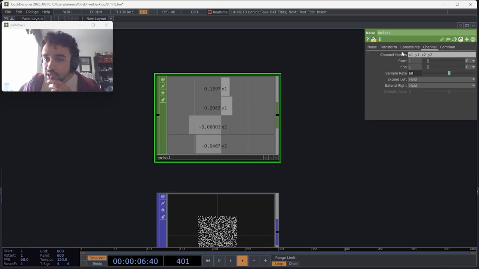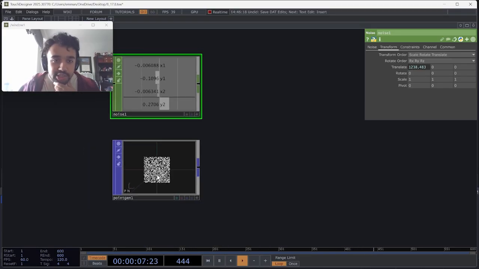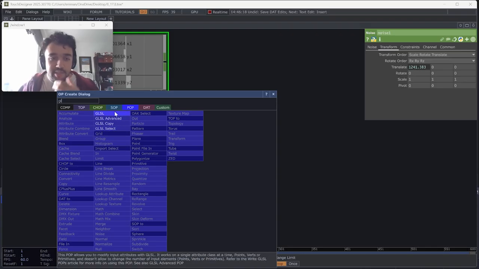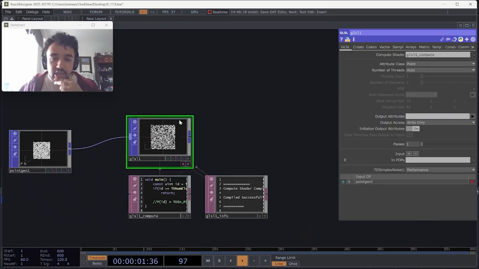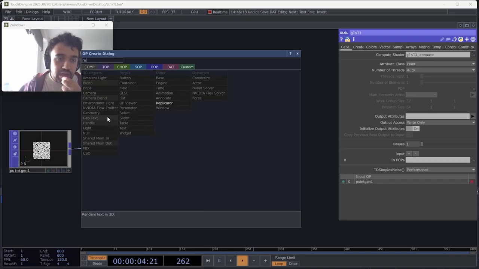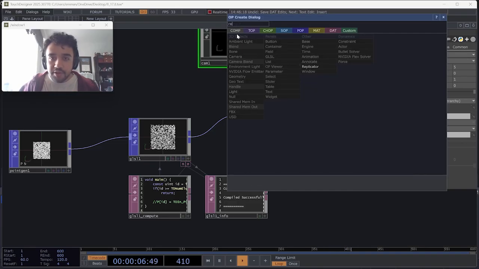I'm going to also animate them by multiplying or adding the current time step to their position. So we're constantly scrolling through this noise. Great, so we have some constantly changing noise, and we are actually just going to bring this right into a GLSL POP. And I'm going to go ahead and render this directly so that we don't have to do the render setup later. You take it out to a geo, camera, render,